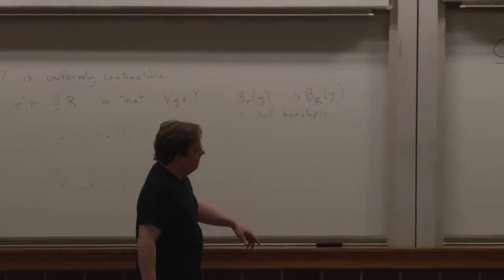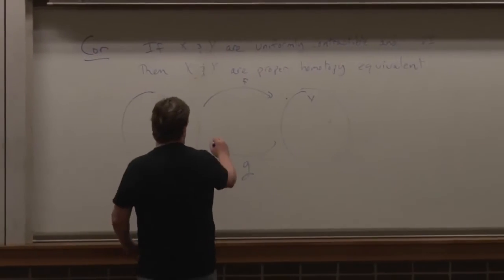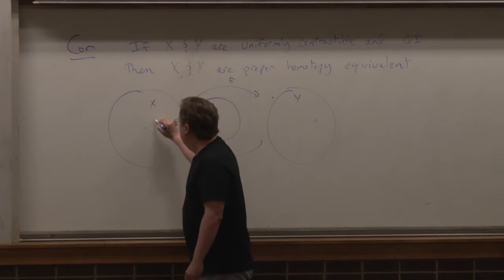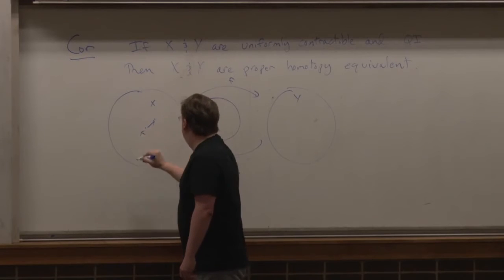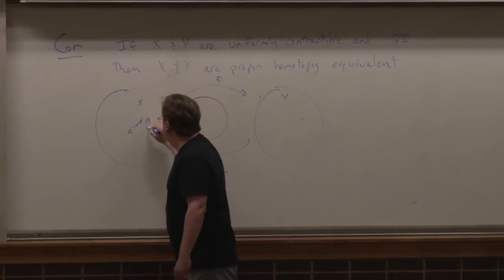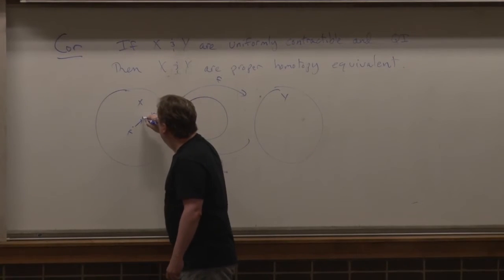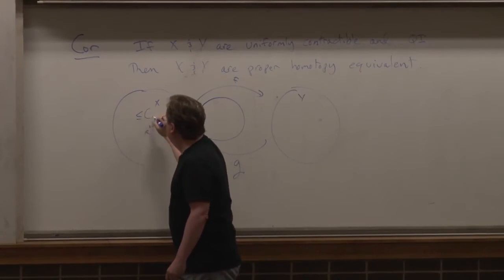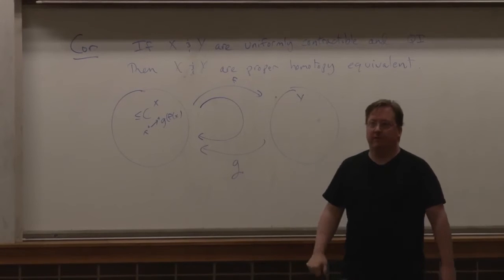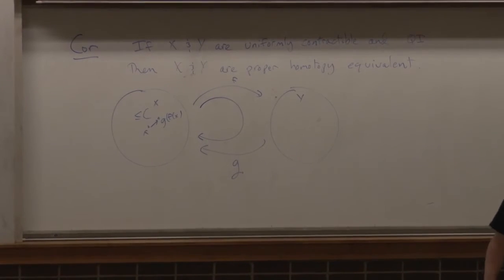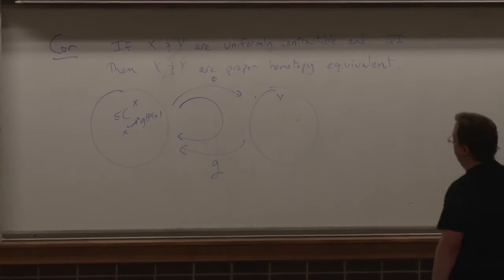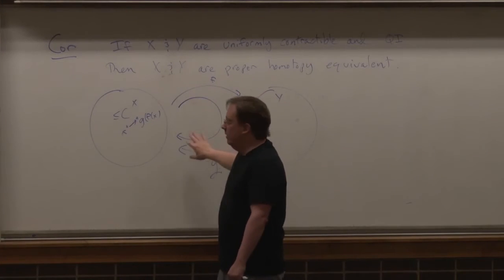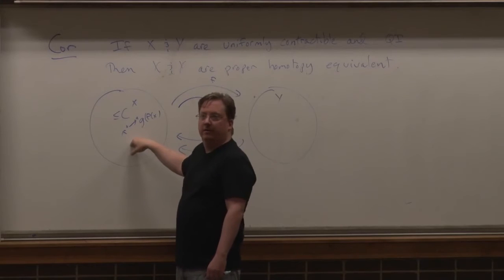And then what about the composition? Well, the composition this way, more or less by assumption, I always get this wrong, this is g of f of x. This distance is always at most c, or whatever the constant we wrote down for the quasi-isometry. Okay. So this composition, which is the self map you get by composing the map and its supposed inverse, moves points not very far.